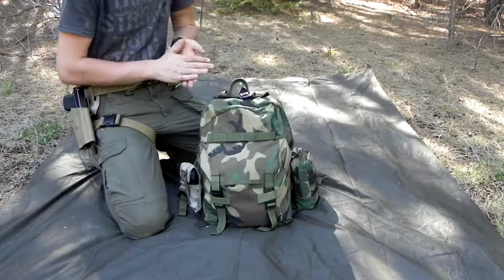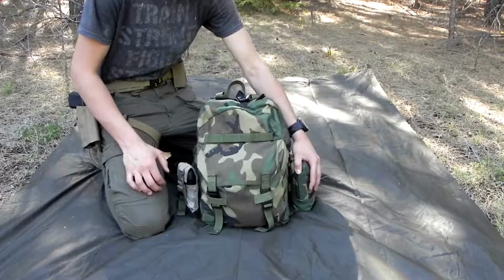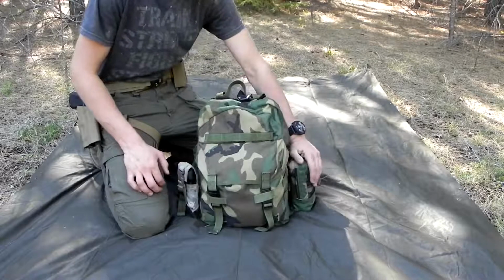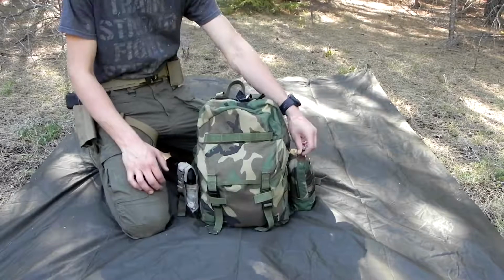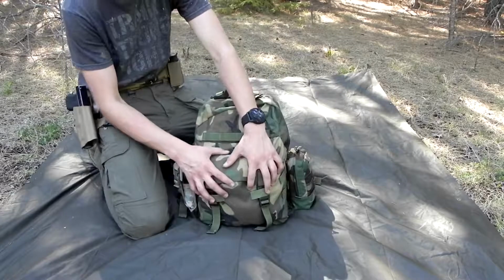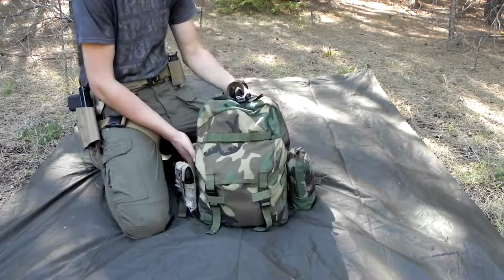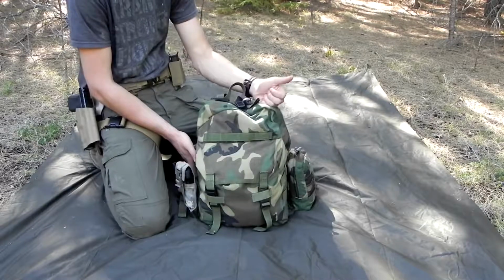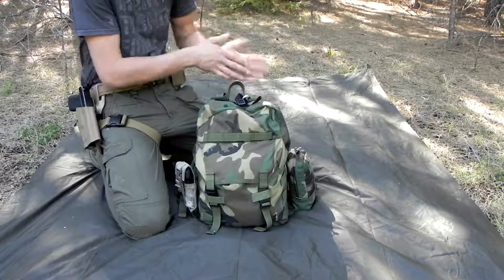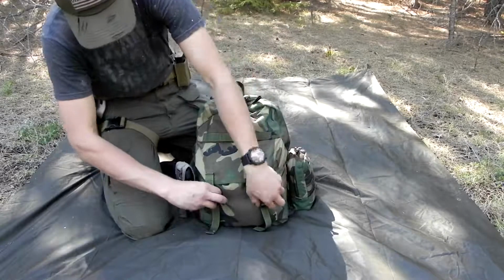Alright guys, so digging into this medical bag, we'll start with basically the individual IFAK on the outside, which is for me to quick access to administer first aid to anybody, and then I have some more advanced equipment in this front pouch, and then my extra supplies in the main compartment, extra bandages, and I have IV bags and IV start kits in there, and I'll dig into this for you. Start with this front pouch here,